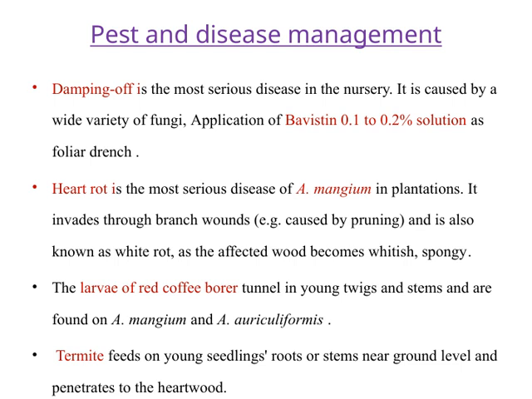Recognizing this helps us take early action to prevent extensive damage. Next, we have the red coffee borer larvae. They tunnel into young twigs and stems, particularly on A. mangium and A. auriculiformis. These pests can cause serious damage if not detected early, so monitoring for tunnels or larvae